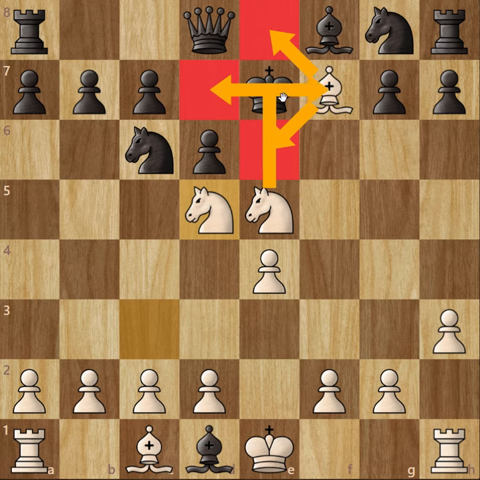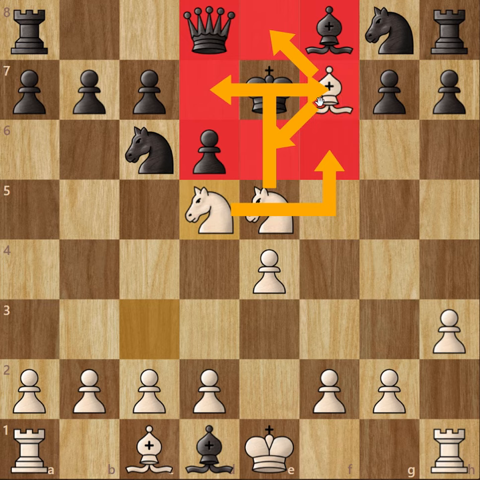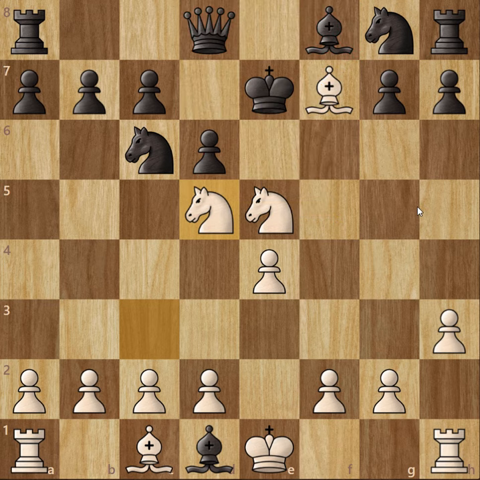Because if the king captures, it moves in check. And we can't allow that. This square is protected by the knight. And these squares are black's own pieces. And you know that you can't capture your very own pieces. So that is how it's a checkmate. So checkmate is a position wherein the checkmated king loses the game as he has no squares to go to and he is in check.